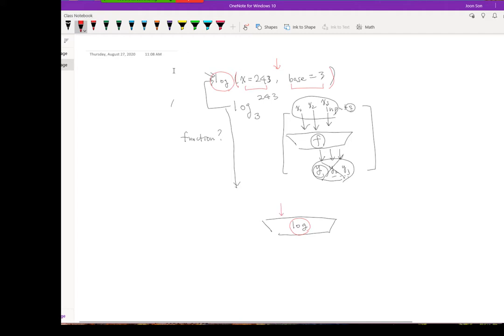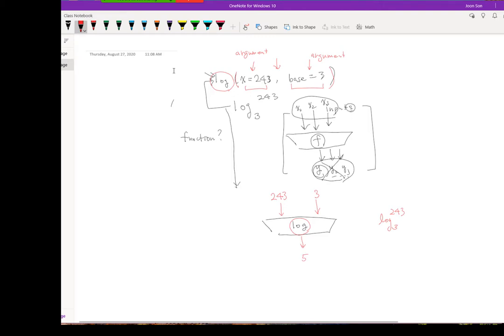The first argument is 243, and the base is 3. The function computes log base 3 of 243, and the output is 5.